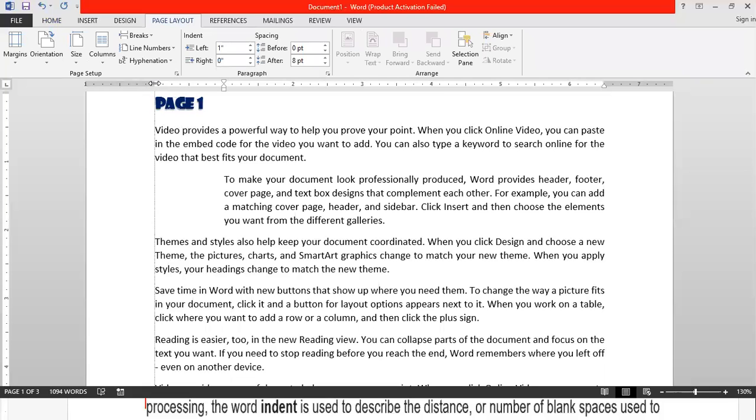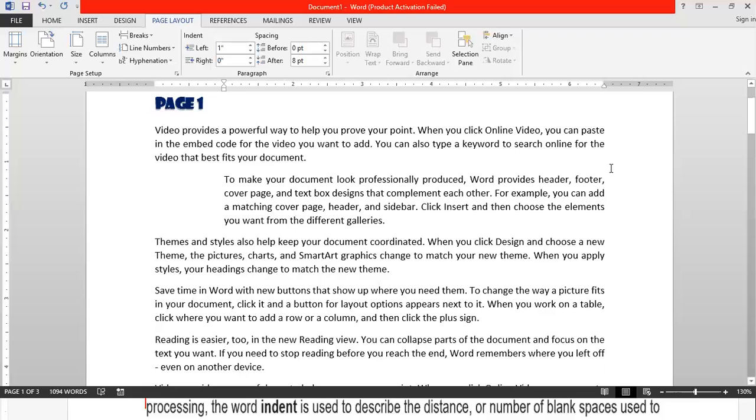Now this space which you can see between the margin line and the text is known as the indent space. And this space is on the right side of the left margin. On the left side of the left margin, the space which you are getting is the margin space. That means the space which you are getting on the left side is the margin space, and the space which you are getting on the right side of the margin line is called the indent space.